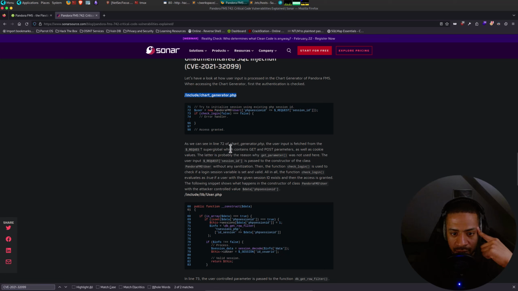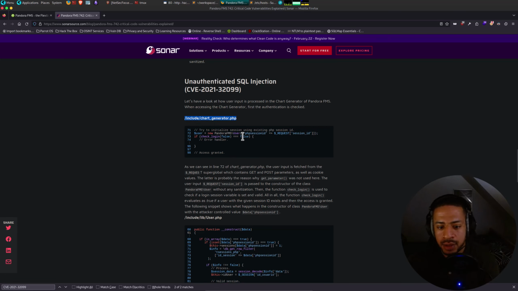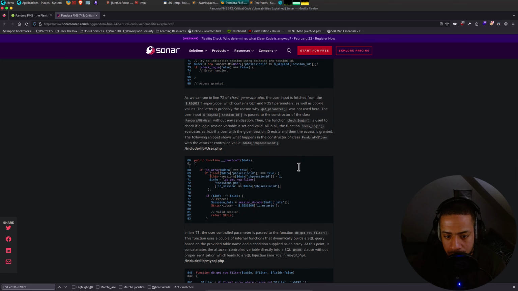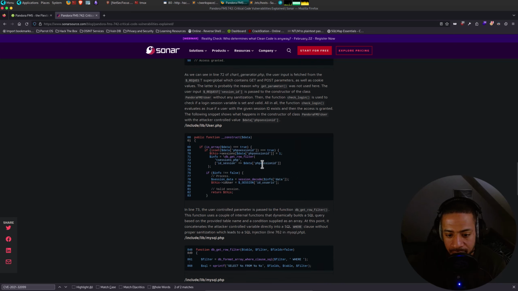So on this parameter, there is a SQL injection in this variable. Oh, on this endpoint, sorry.